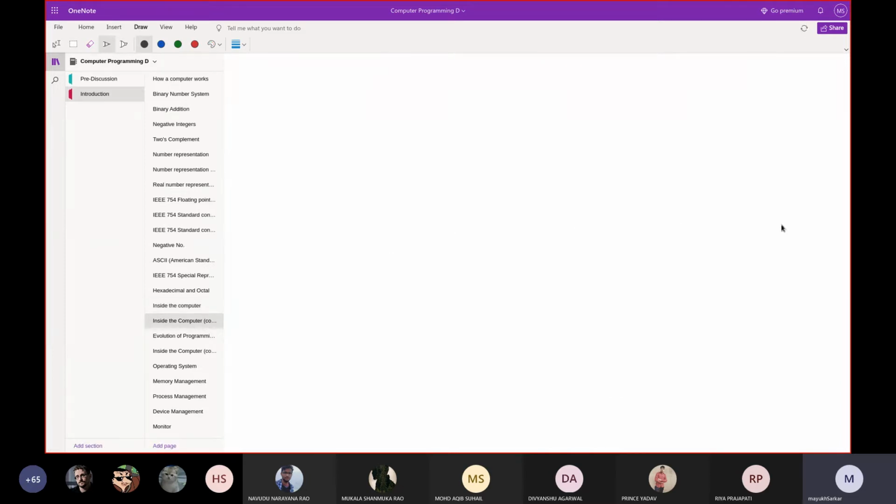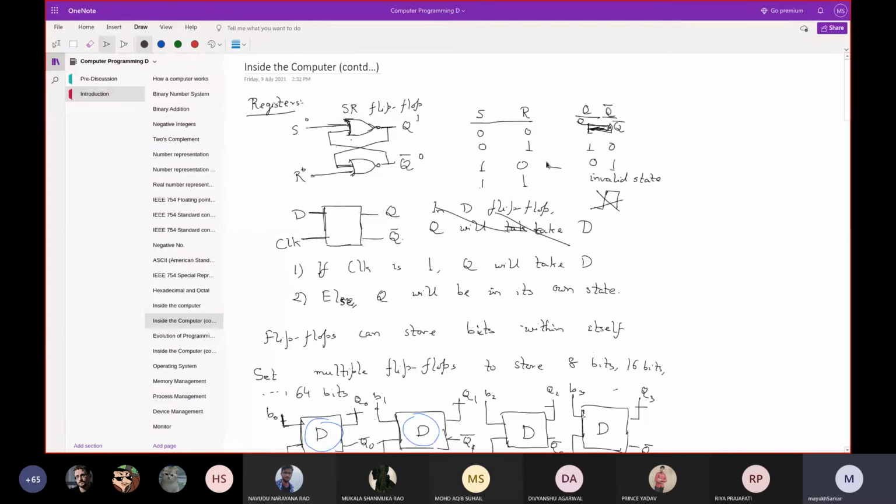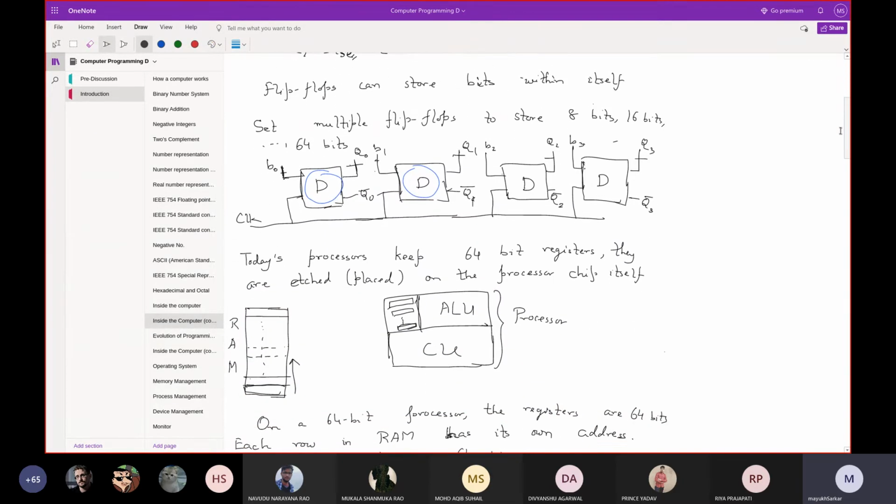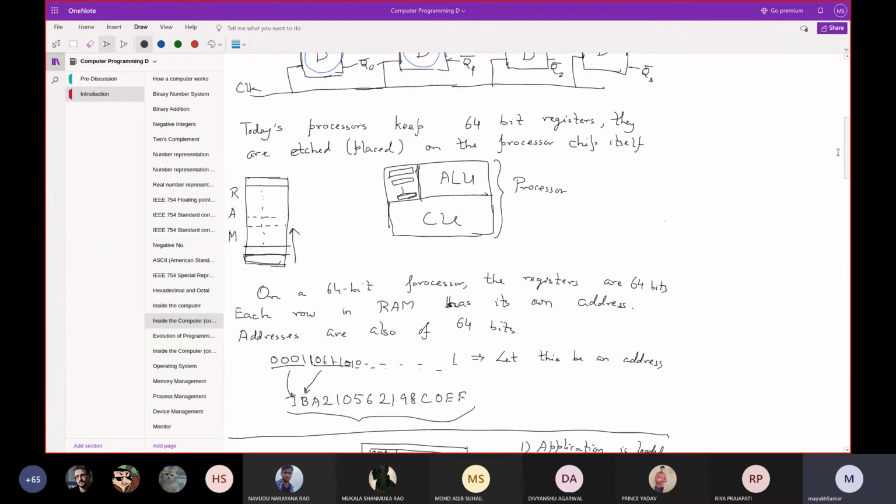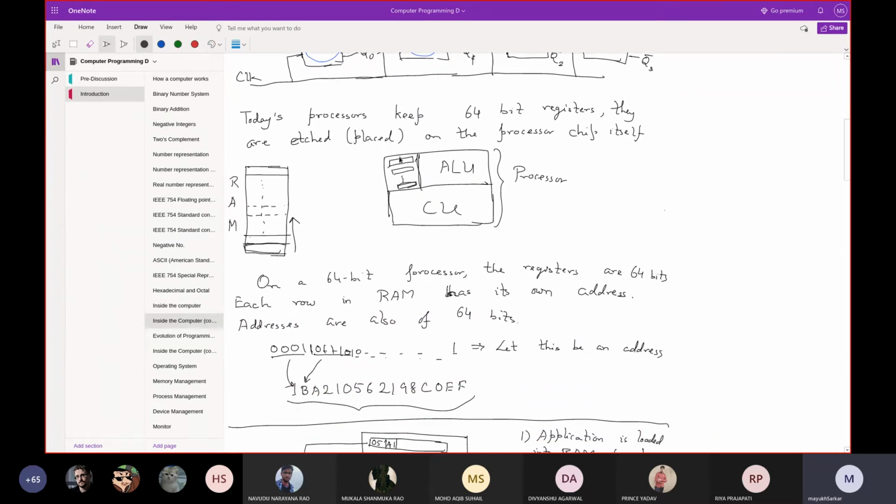Then we went further inside into how a computer works, like how it is still not being loaded. I think the network is a bit slow, but let me tell you, as far as I can remember, we have taught here how the instructions work. Here we have seen that registers are an integral part of the processor. The registers are the temporary storage for any operation. Eventually any operation needs to perform some operation on data, right? Without data there is no point in performing any operation.